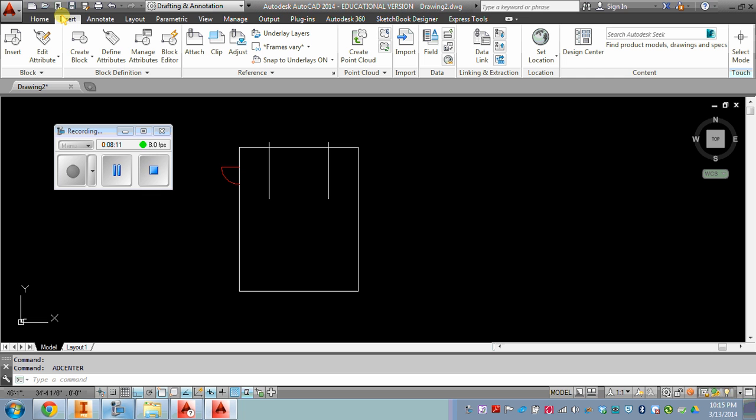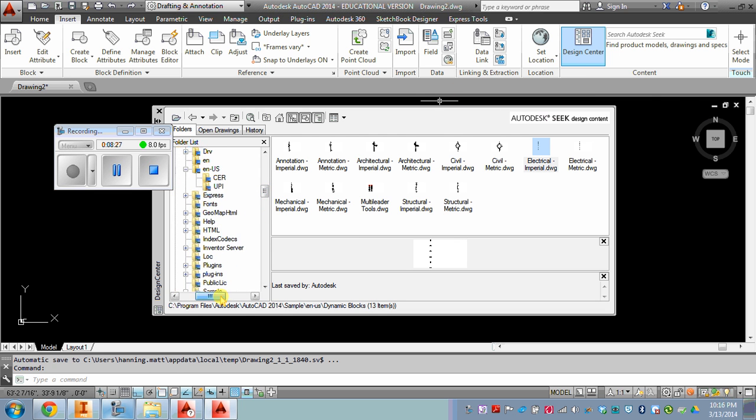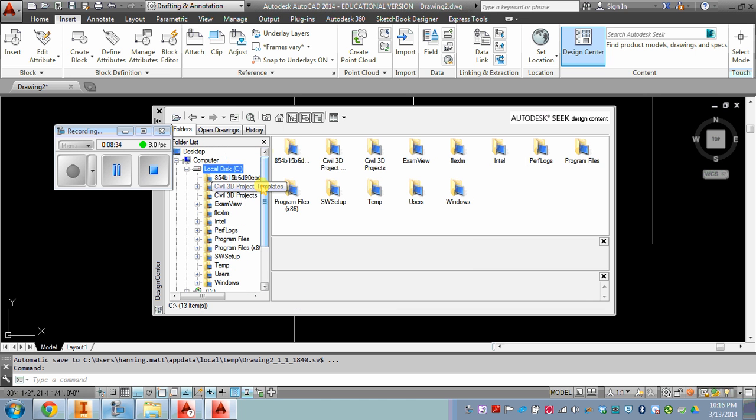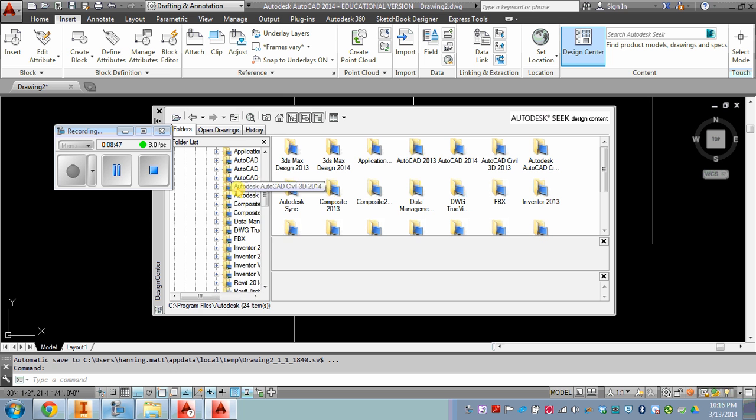If you recall back when we did sophomore visits, we had the blocks that we could bring in. Well, this time we're actually going to go find the block. So if you go to your design center, it's under the insert tab, there's this design center. And if you go up here, it's located buried within the computer. You almost like go to C, and you go to your program files, expand that, should be Autodesk. Let's try Autodesk here. And then there should be like a